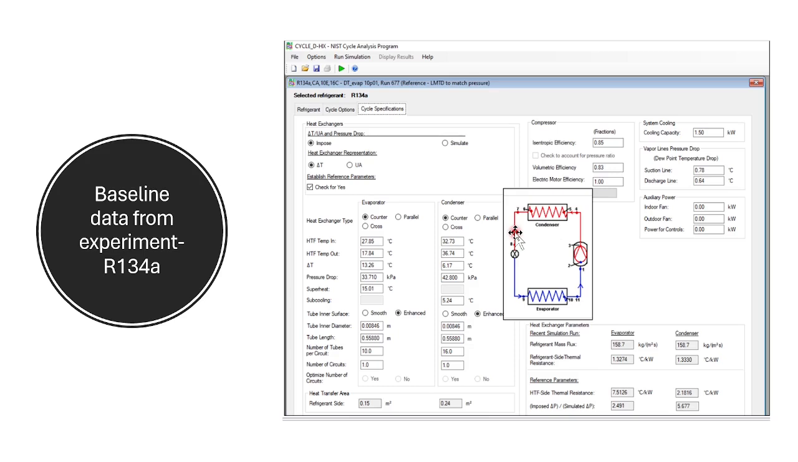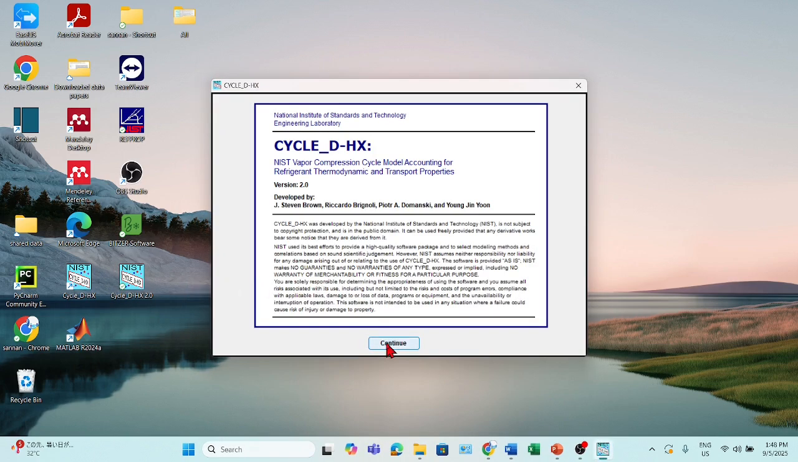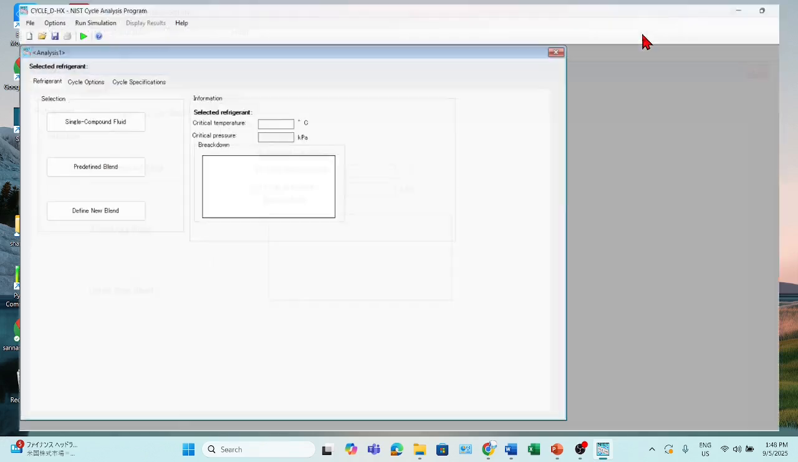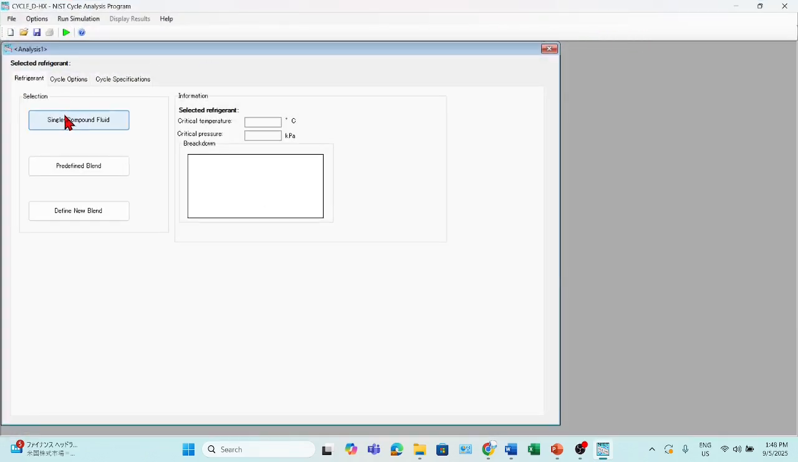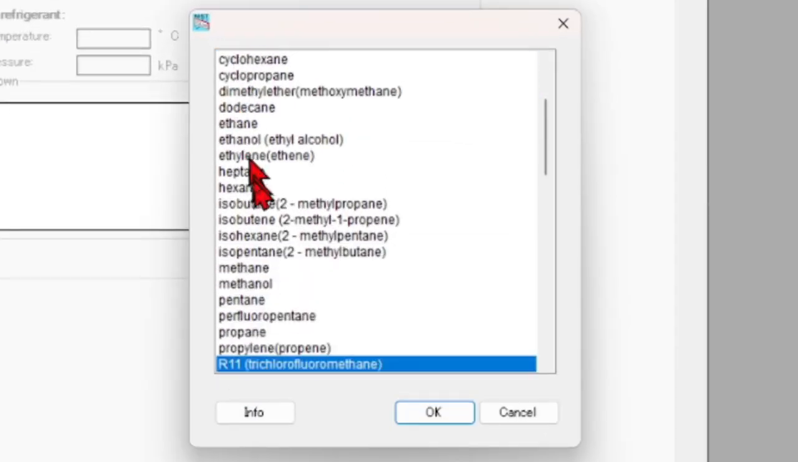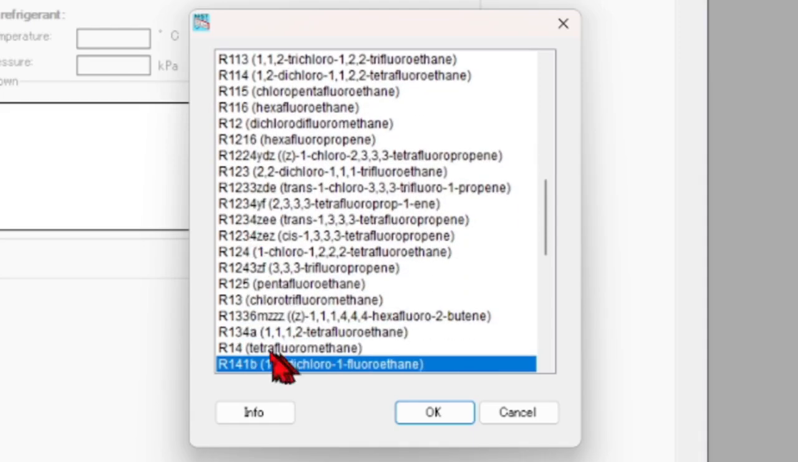So first, what we have to do is put the data provided in that document into the software. So let's move on to our software, that is Cycle DHX. For that you have to open Cycle DHX version 2 and open a new file. So what we are going to do, we have to select a single compound refrigerant, that is R134A in our case, for the baseline impose mode simulation,